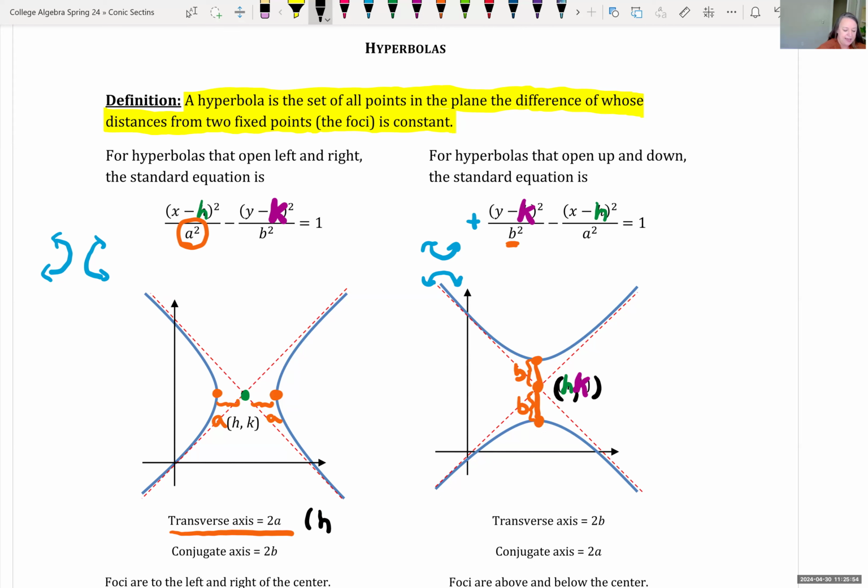It's affecting my x value of my center. So it's going to be h plus or minus a comma k. Where over here, we're either adding b or subtracting b from the y value of our center. So our transverse axis, h comma k plus or minus b, is going to give us the points of our vertices